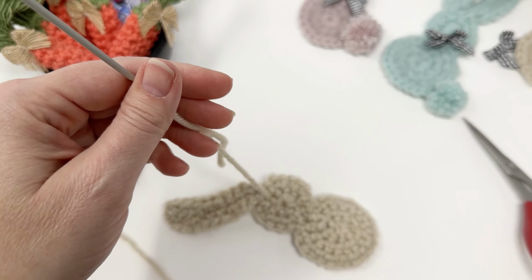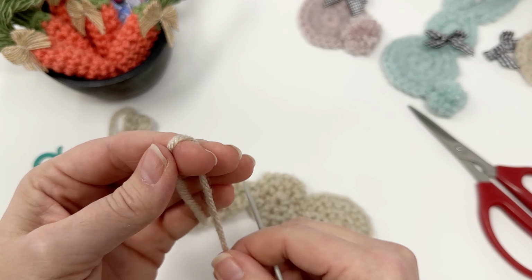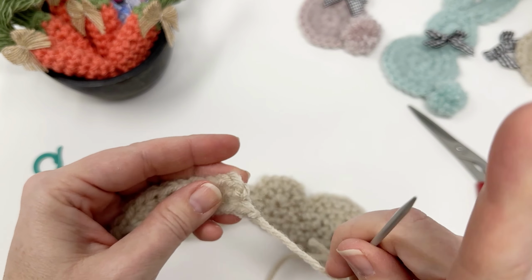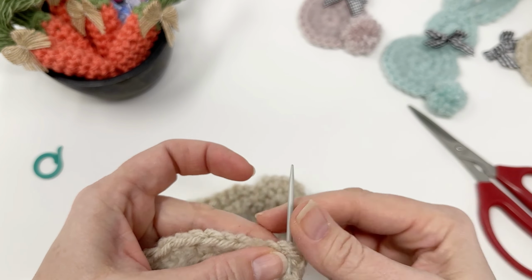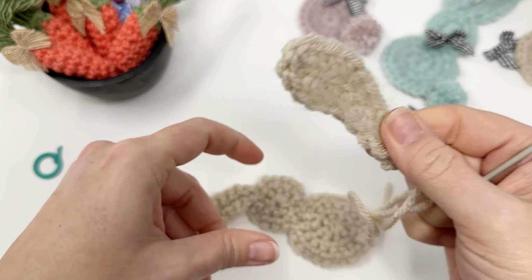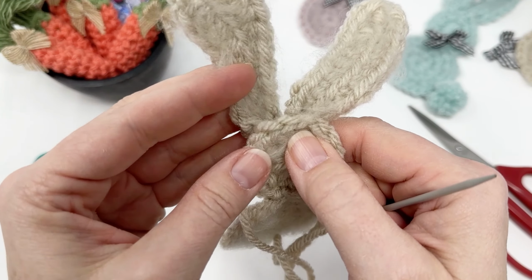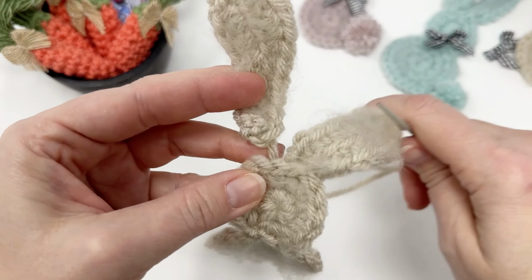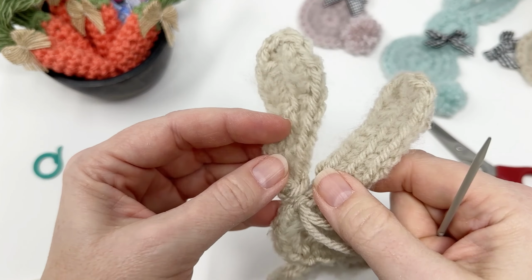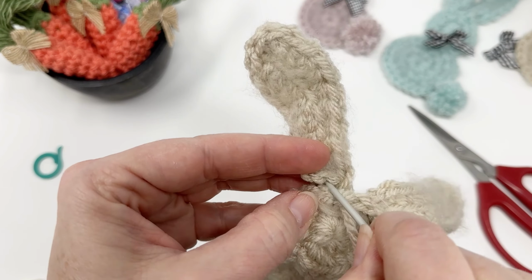Okay, we'll cut that off, and then we'll get the next ear and do the exact same thing on the opposite side. Let's take that little pinch. Okay, and then for the second ear, you're just going to find that middle stitch again, just go beside it and do the same thing as you did before. Up through that stitch, and you can shift it around as needed,